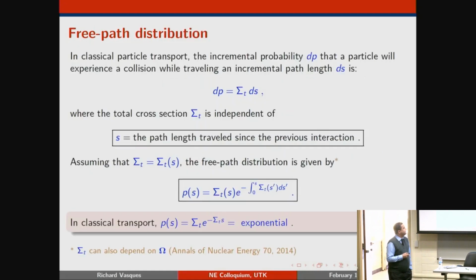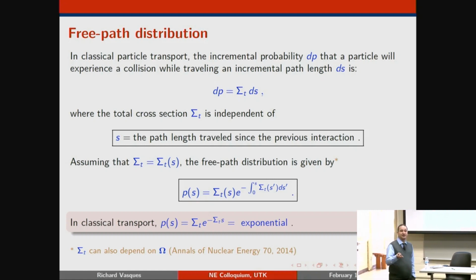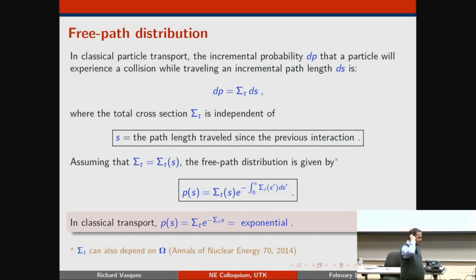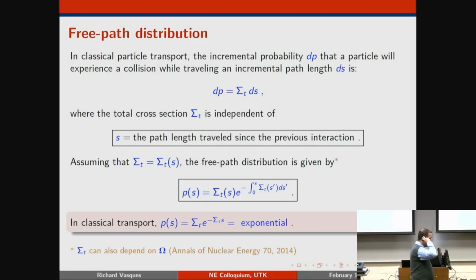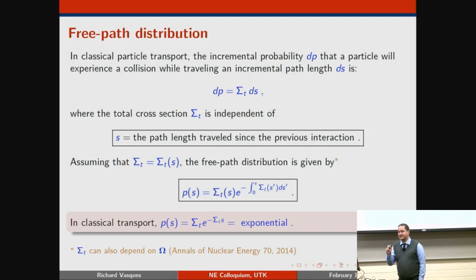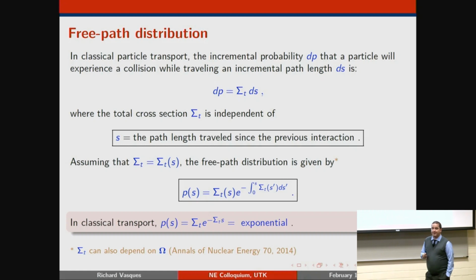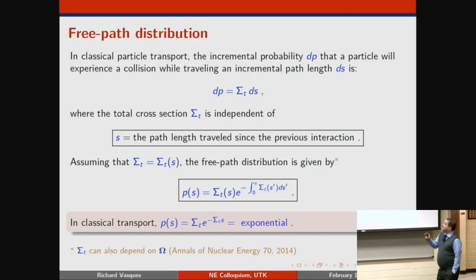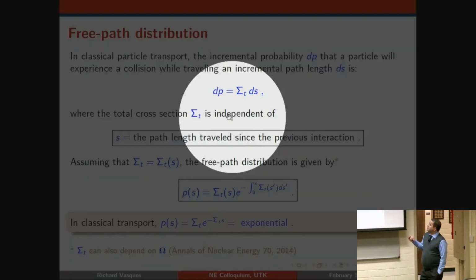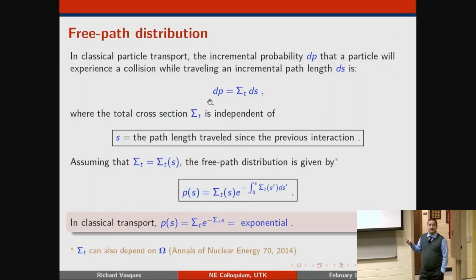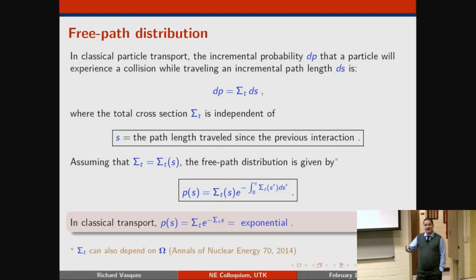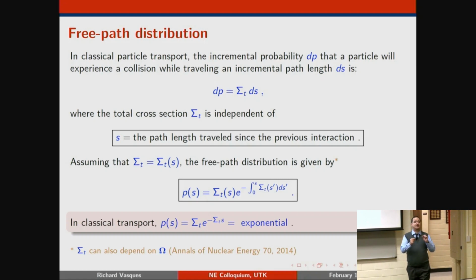So how do you deal with that? I'm a mathematician, like was said, so I'm not going to walk you through all the derivation, but I'm going to give you the key points of this. And here is the main assumption. In classical transport, you're saying that the probability that a particle will collide depends on your total cross-section and energy, but it's independent of how far this particle has traveled since its previous collision. It has no memory. That's basically what you're doing in any transport calculation you've done before.